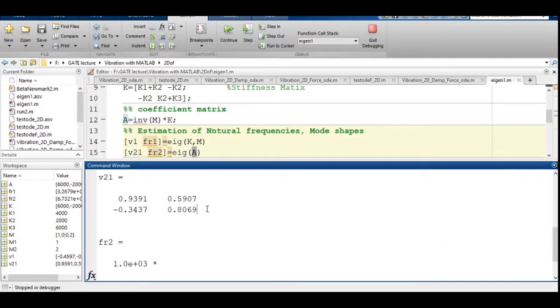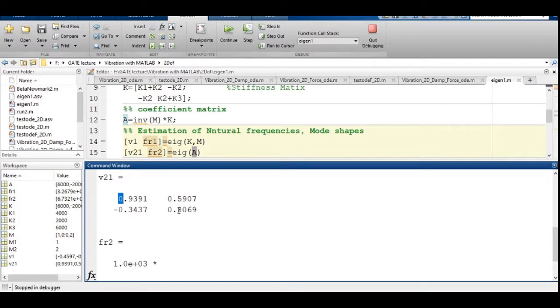So here you can see that this is your first mode, the second column, and this is your second mode. And here also you can see both are having the same sign. That means both the masses are moving in the same direction. But if you go here and check, the magnitude here and the magnitude here are different. Doesn't matter. As I said, mode shapes are nothing but relative values. If you take the ratio of